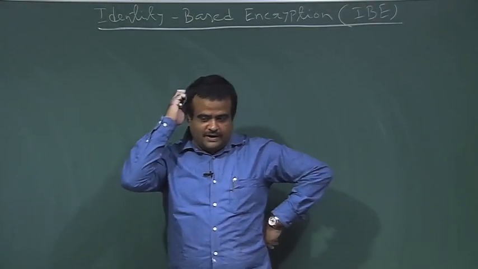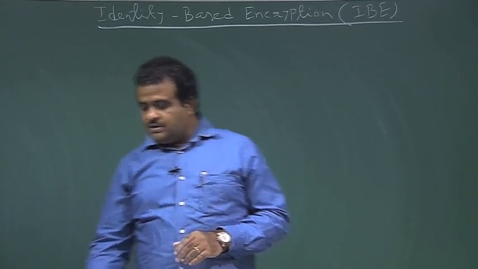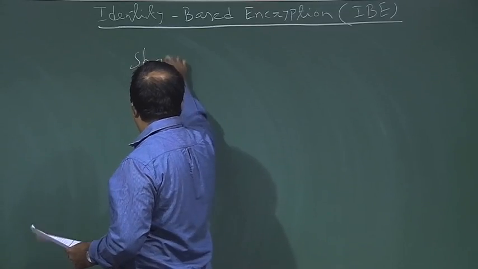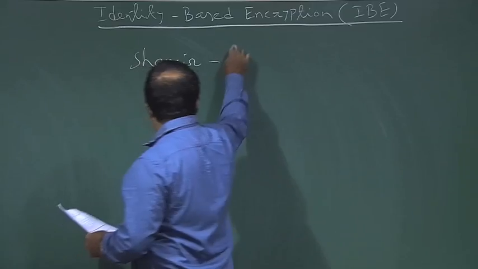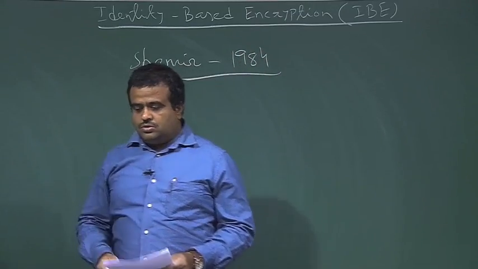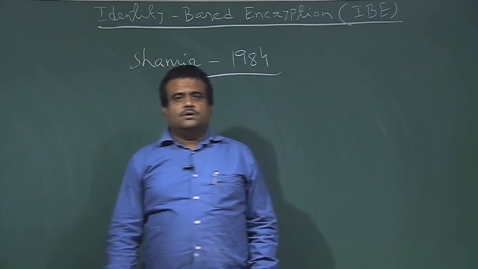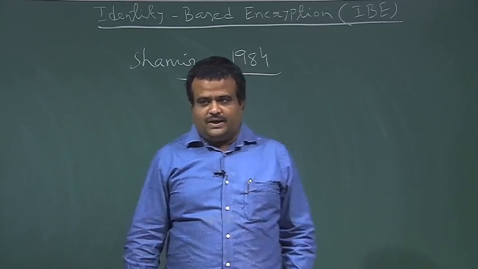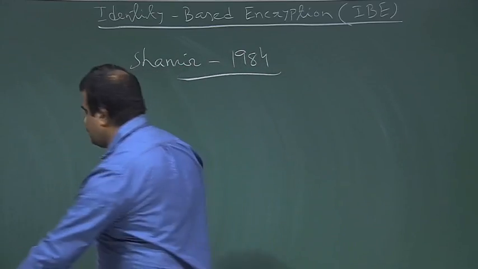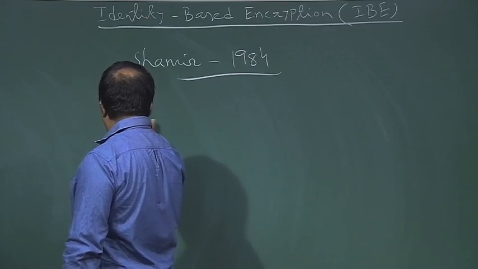Okay, so identity based encryption. This was introduced by Shamir in 1984. The idea is to use the ID as a public key. Because in the public key setup, we have many users, say Alice,